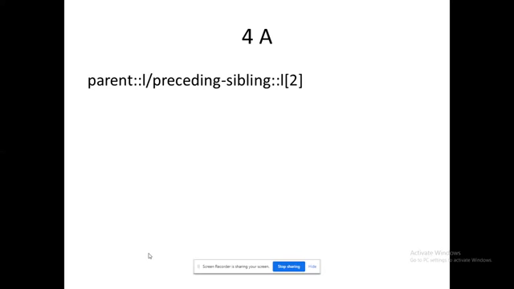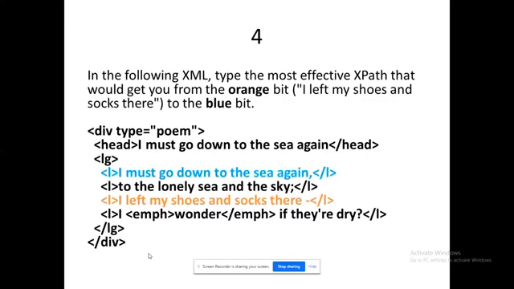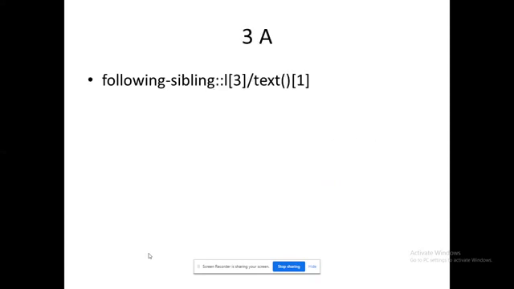So what is the location they are mentioning? L of 2. So before L of 2, what is there? L of 1 is there. So L of 1 is what I must reach. So from orange to blue color, I will travel in this way. Okay. So L of 3 /text of 1.